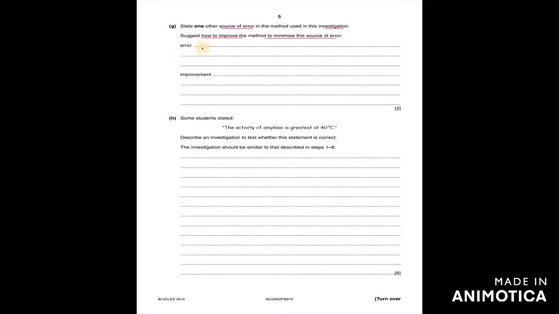or checking the test tubes can cause spillage, or it can be change in color is subjective, which varies from person to person depending on the eyesight, or it can be trying to perform both the sets W and C simultaneously, which could give false negative results. So for any of the set error, we need to give suitable improvement and make sure that it does not contradict to the error. So I would be considering the error as this, and improvement can be